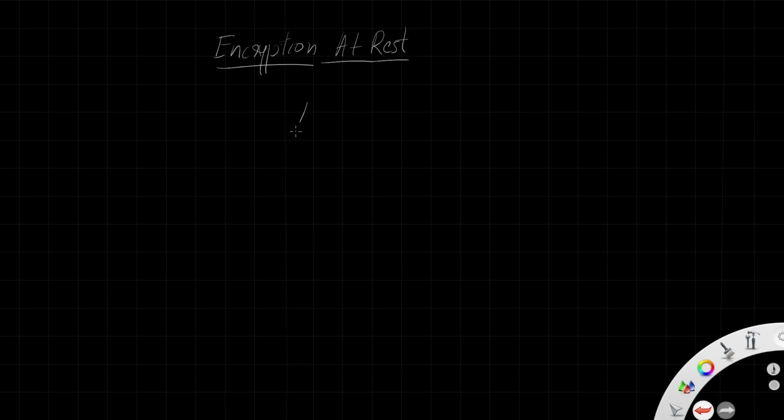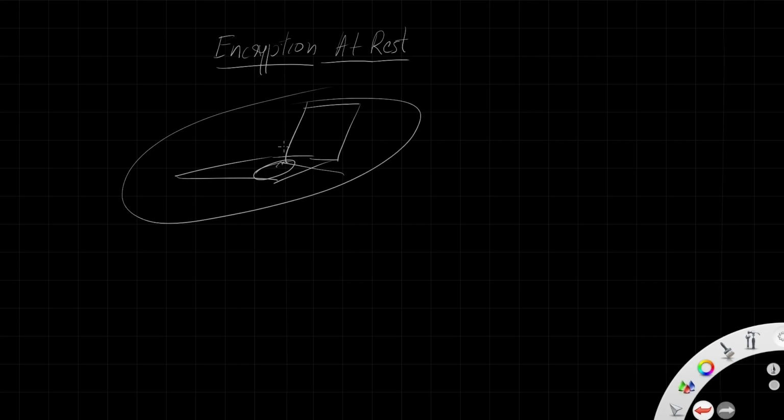So for example, you have a laptop. This is your laptop, and the laptop has a disk inside. Say for example, it's an SSD or a normal disk, doesn't matter. All your data goes into this particular disk right here. All your local information. Now, your laptop is stolen. Someone has taken that device. He has access to the disk. Now, if the information in this disk is not encrypted, he can simply access it. He can take this particular thing out and plug it into a different laptop or computer, and he can access all your files. He doesn't need your username or password of this particular device.